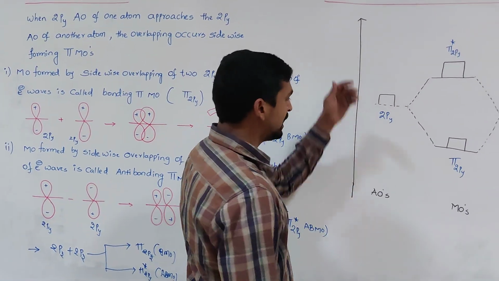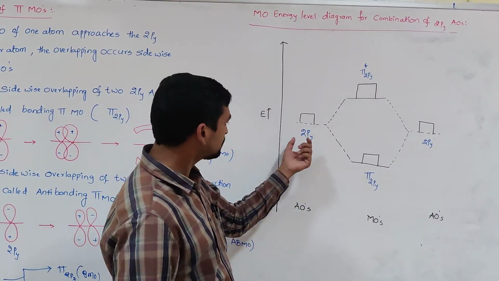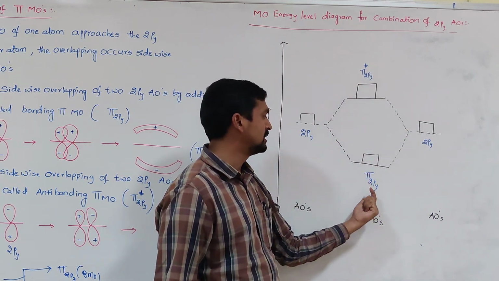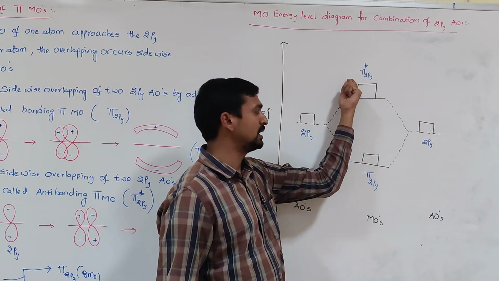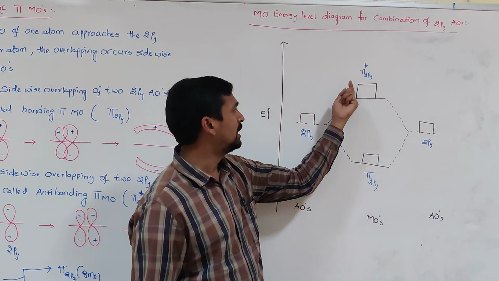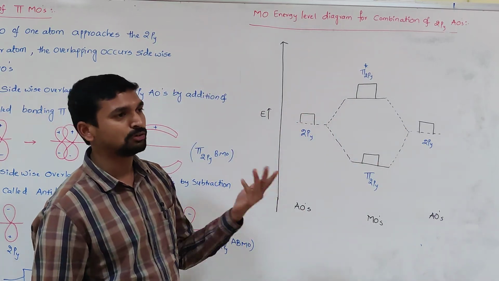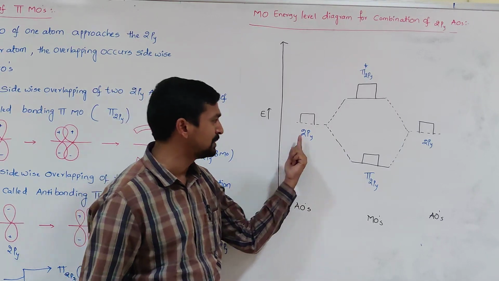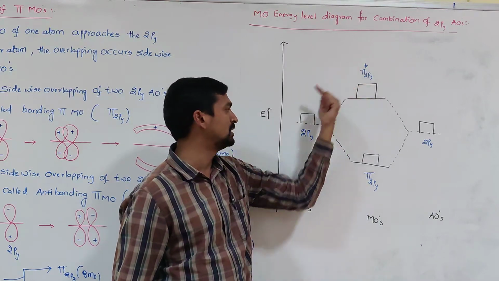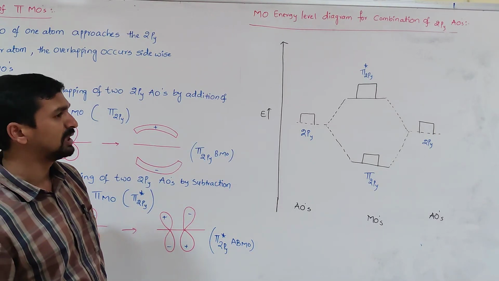So when we see the energy level diagram for these molecular orbitals, same as we discussed for 2py, these two combine together to form two molecular orbitals. One is below and another one is above either of the two atomic orbitals. The bonding molecular orbital is below and the anti-bonding molecular orbital is above either of the two atomic orbitals. Suppose you draw it for 2pz, just in the place of 2py we write 2pz. So pi 2pz is below and pi star 2pz is above either of these two atomic orbitals. Like that we can draw the molecular orbital energy level diagram.